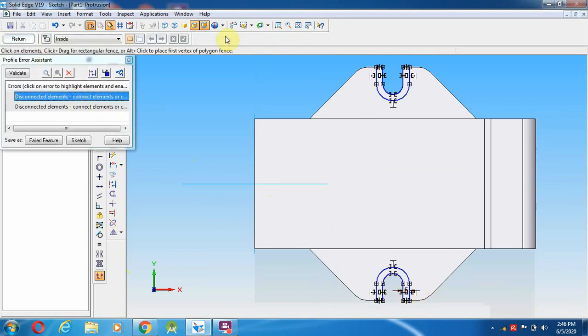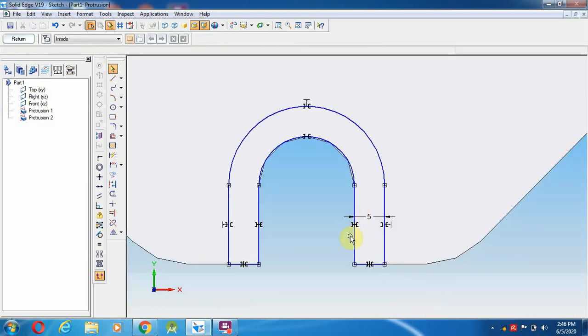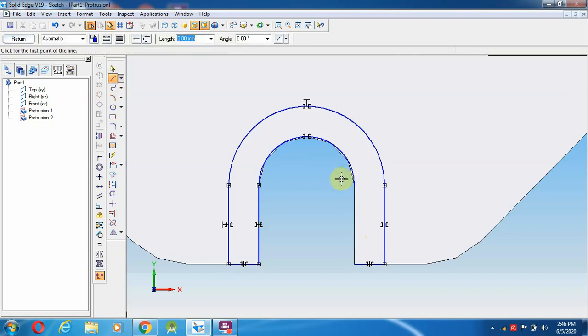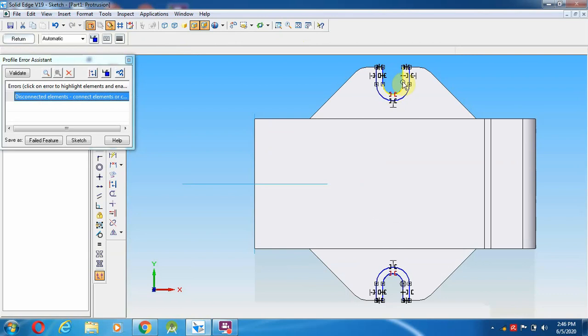So wherever the connectivity problem comes, that we have to clear, delete and redraw. Select a line from here to the end point over here. Okay, then return. So one more connectivity problem, on the other side maybe.